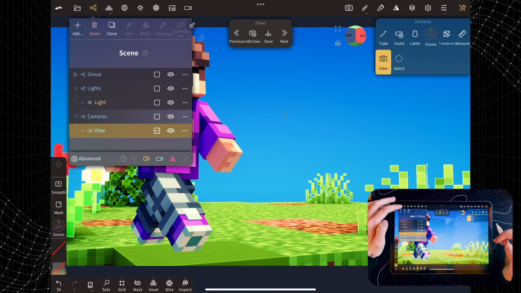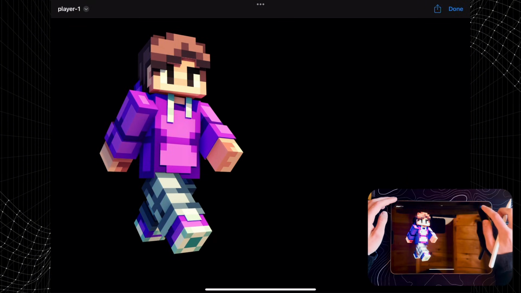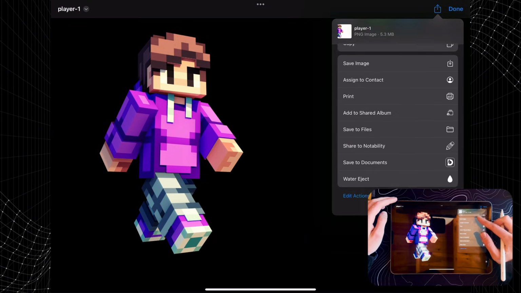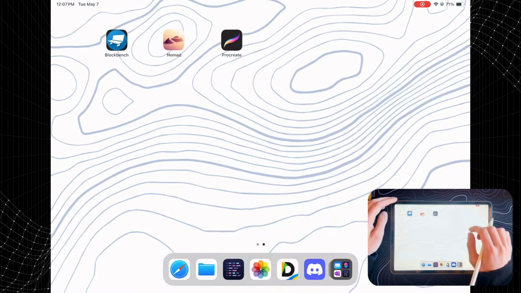Once you're happy with how the render looks, you're ready to export. Go to File, Render, Enable Transparent Background, set the final size to 1080, and then click Export PNG. Now you're ready for editing.